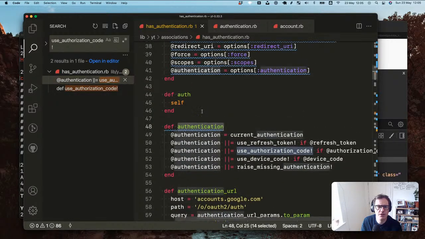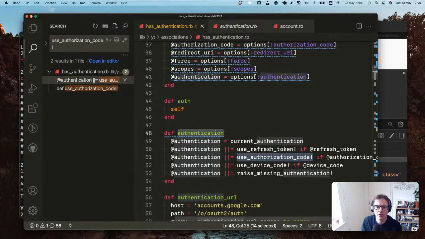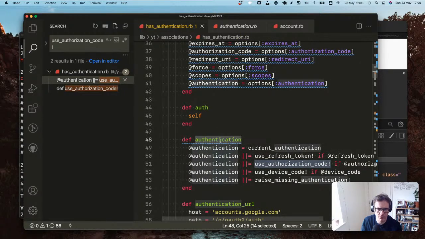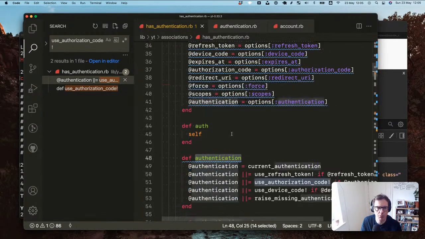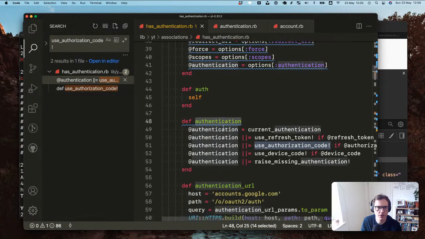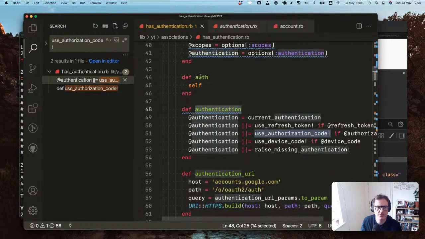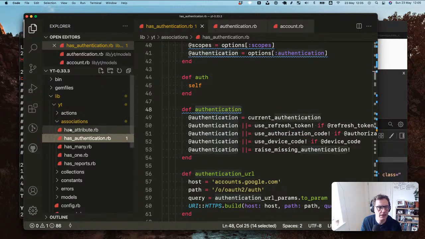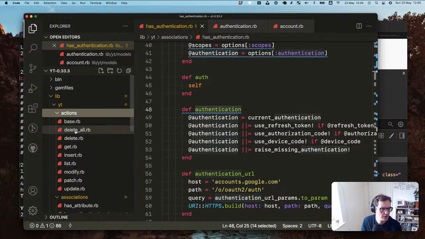Oh, so this just returns that. Oh, okay. So right, this is just returning that. And right, I thought this was actually doing the thing. Okay, but it's not doing that. This is just how the authentication works. This is returning that. So when we're actually performing the action, which is like